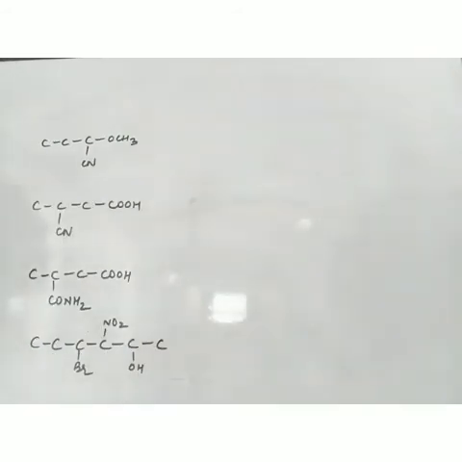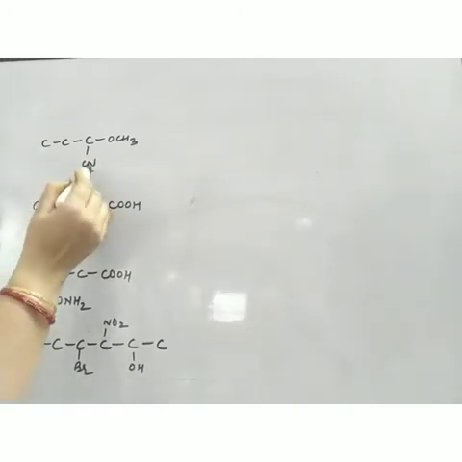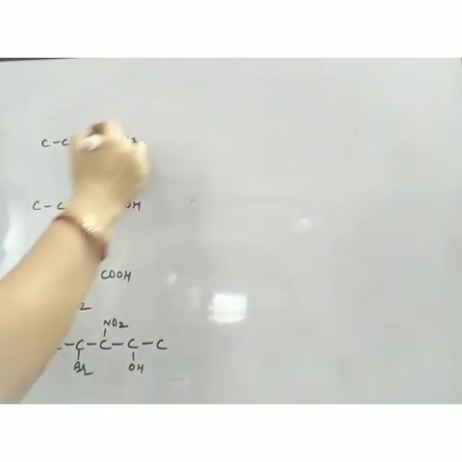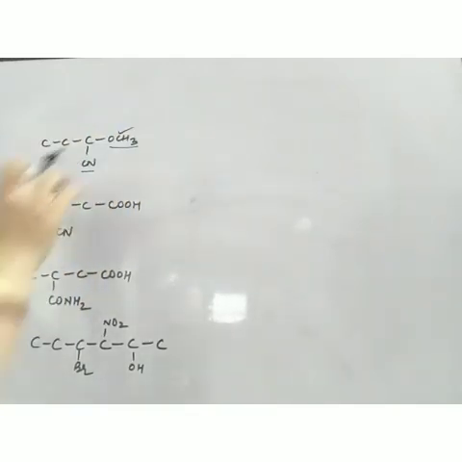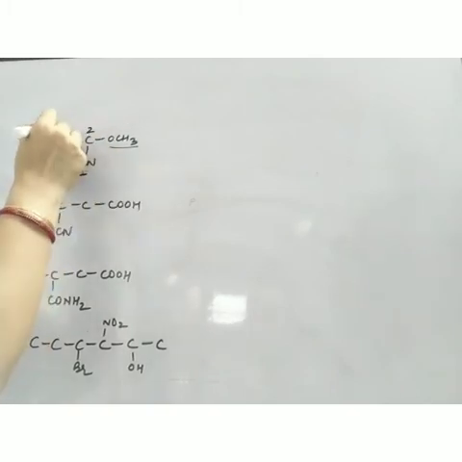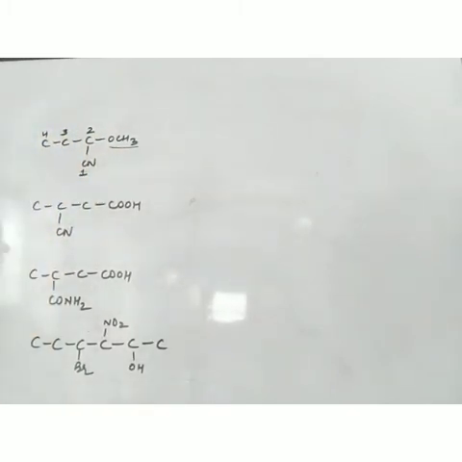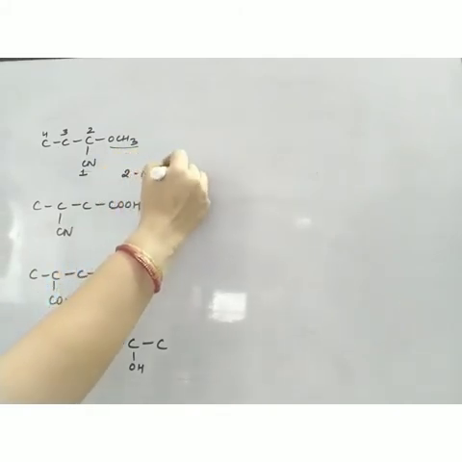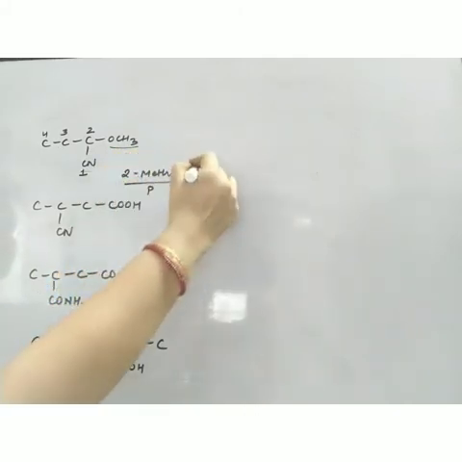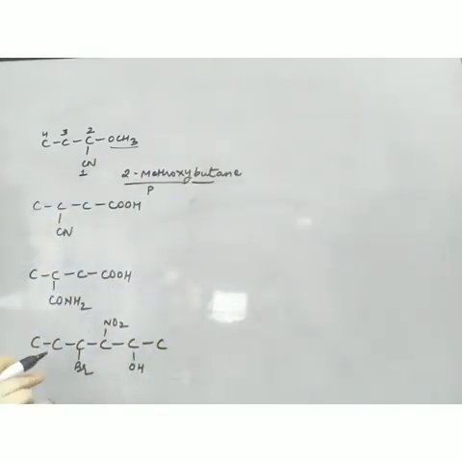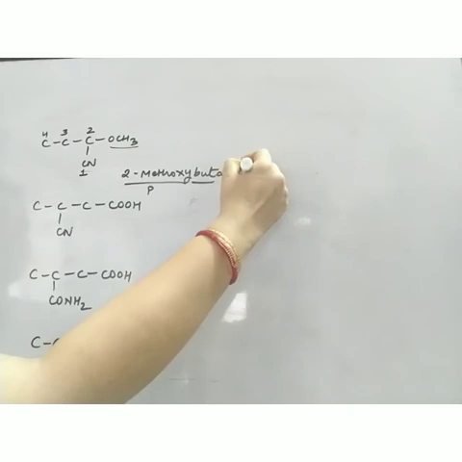Now let's discuss a few more examples. Now here I can see CN and OCH3. OCH3 is an alkoxy group, that is always taken as prefix. So my principal functional group is CN. So numbering is done from here. Now what is the name of this compound? On the second carbon, OCH3 means methoxy is there. So 2-methoxy is the prefix part. The 4-carbon atom is but. Now here ane will be used. The terminal e I will not drop. Nitrile.